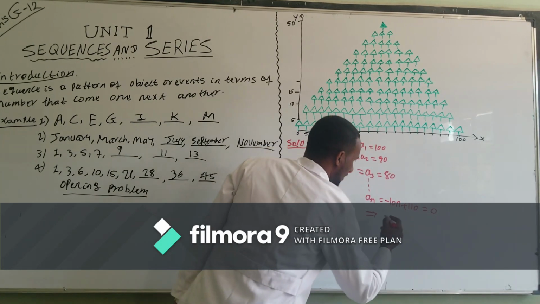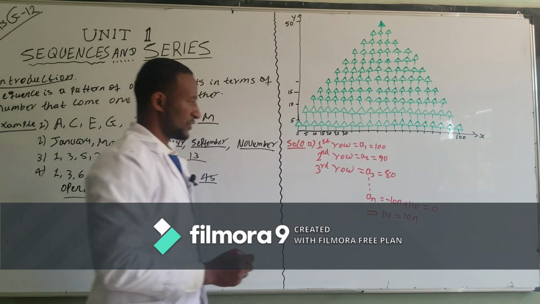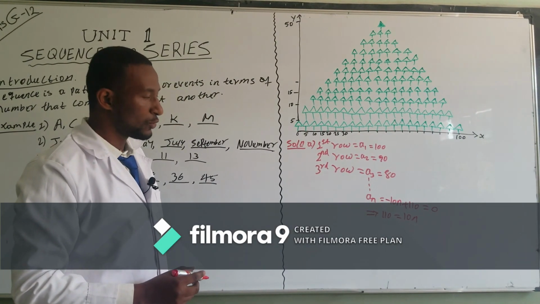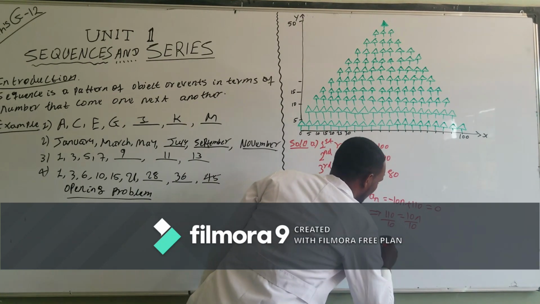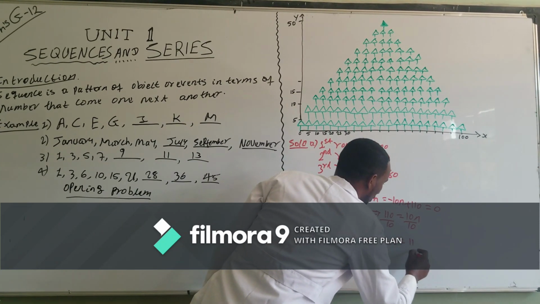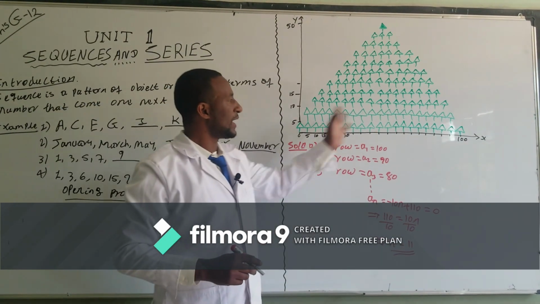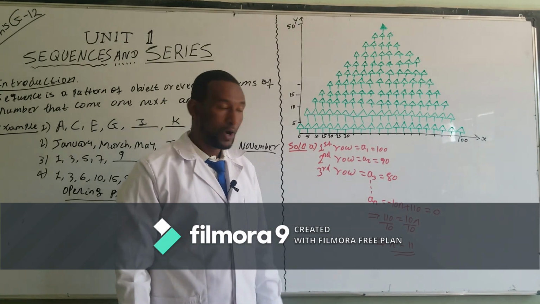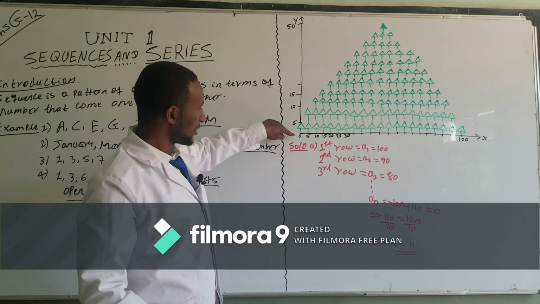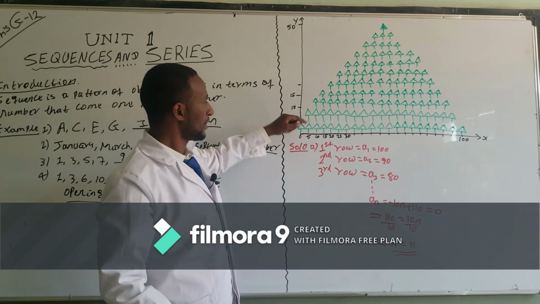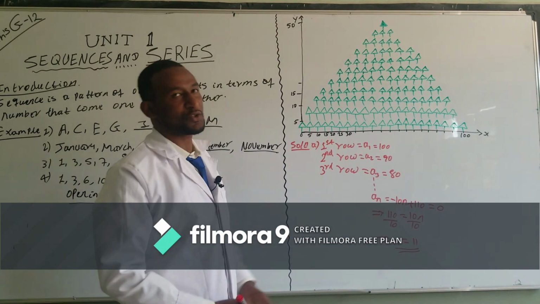ከኢኳል ሳይን ማዶ ስናሻግረው ምን ይመጣል? 110 is equal to 10n. Then we have to find the value of n divided by 10 implies that n is equal to 11. ይሄ ማለት በዚህ ትራንጉላር ሪጅን ውስጥ ያለው ሮ 11 ነው ማለት ነው። 11 ነው። ከታች ወደ ላይ ሮ 1 ሮ 2 ብለን ከታች ወደ ላይ ስንሄድ ከላይም ወደ ታች መሄድ እንችላለን።